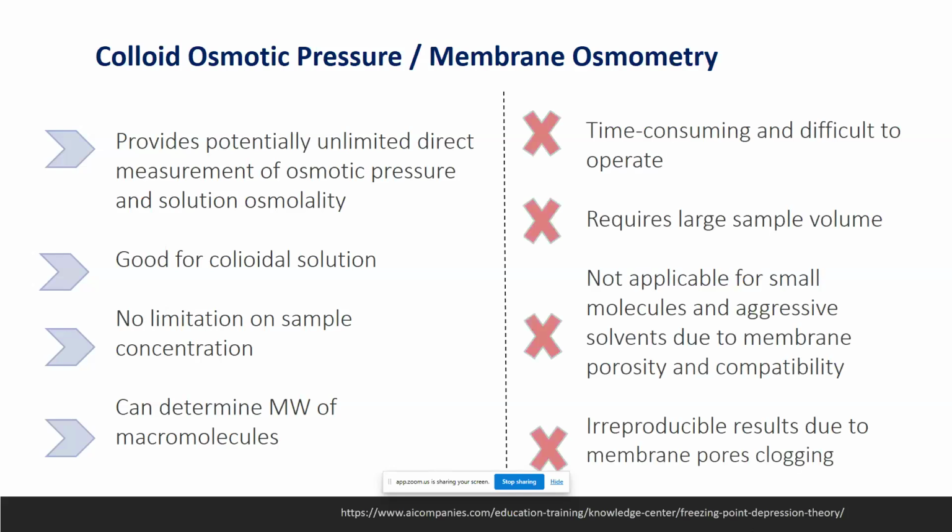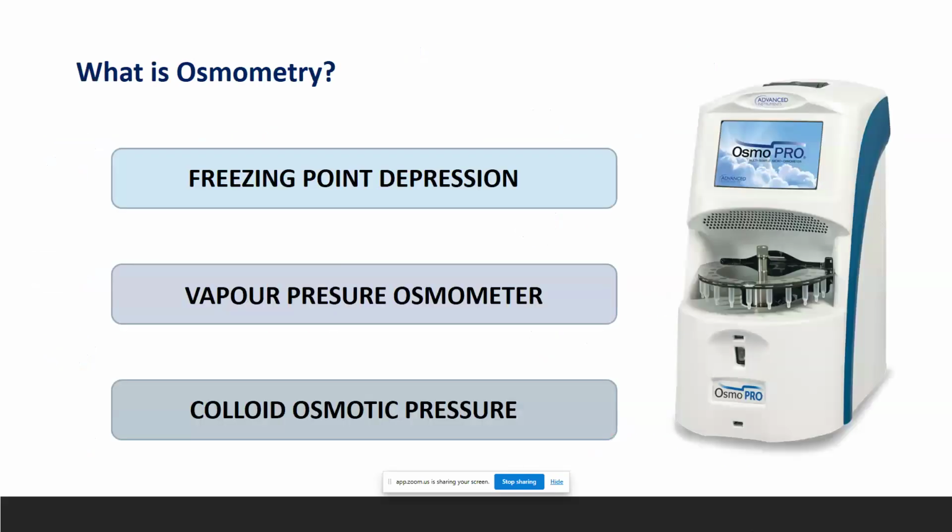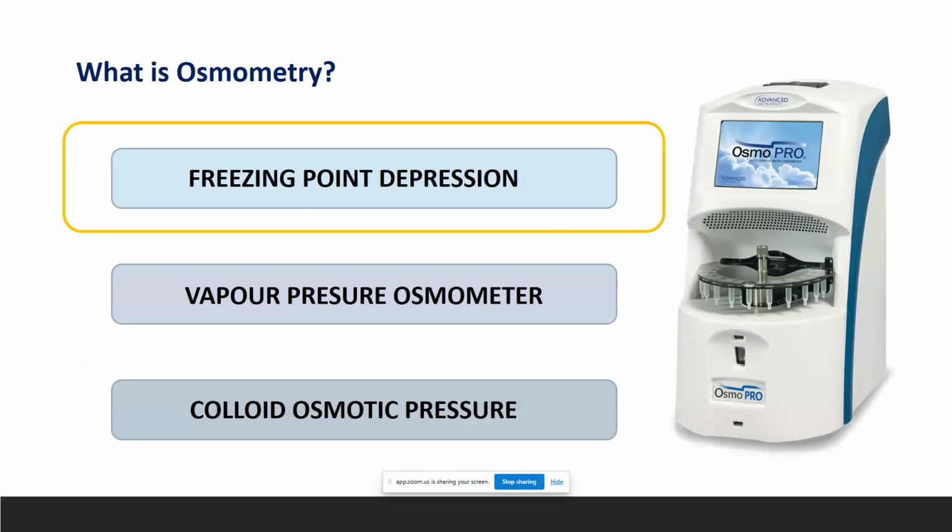But it is hard to synthesize a membrane that is selective enough. It's also very time consuming, difficult to operate, and in contrast to the other methods, requires a larger sample volume. And the results can be quite irreproducible. So in essence, it's only good for looking at larger molecules such as proteins, and it's not in routine use amongst clinical labs. So it goes without saying which of these is most widely used by almost all the UK labs. And that's because